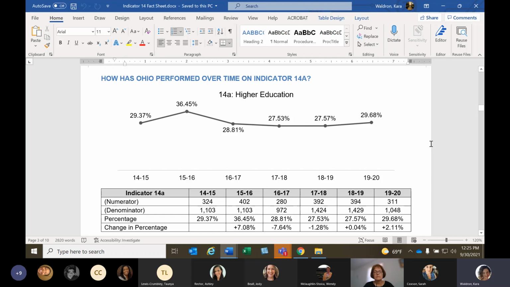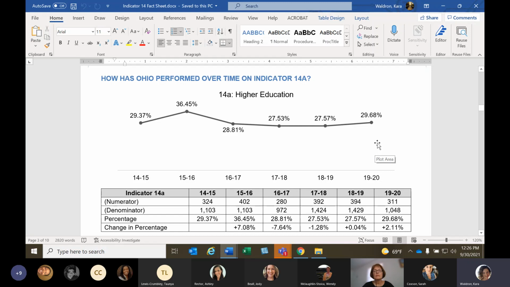So we have had a lot of consistency here in our survey, in our partnership with Kent State, that enables us to compare over time. So we can see that we have hovered in the high 20s in this area. We did have a sort of an anomaly year, and we got up to a 36% in 15-16. We've never been that high since, but we've gotten closer to a 30%, and it's worth noting even